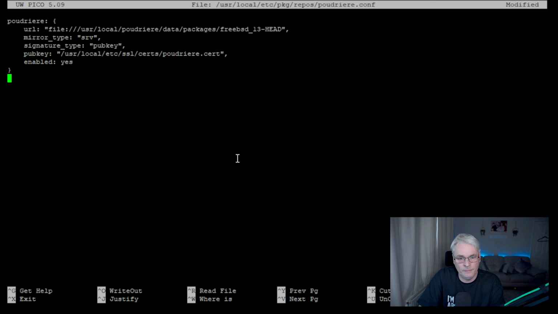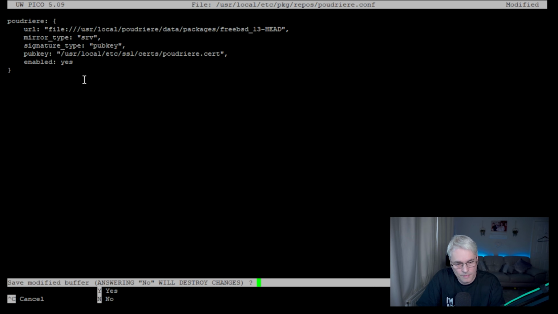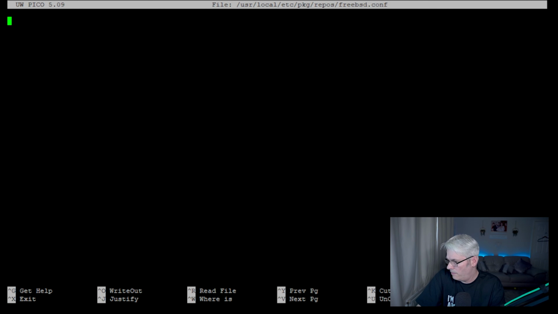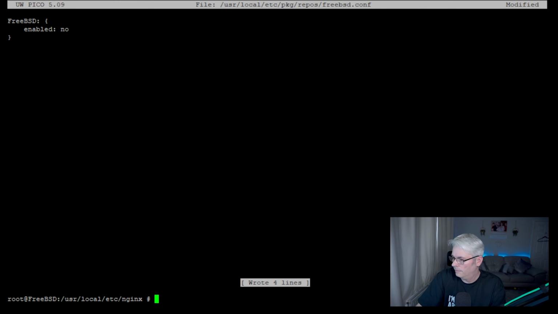Here's the configuration. So we'll just save that. And we'll also tell it not to use the default FreeBSD repo. And to do that, we just add one or two bits in there, one or two lines. And there we go. So that's all of our command work done. We can get out of there now. And if we go back to check,